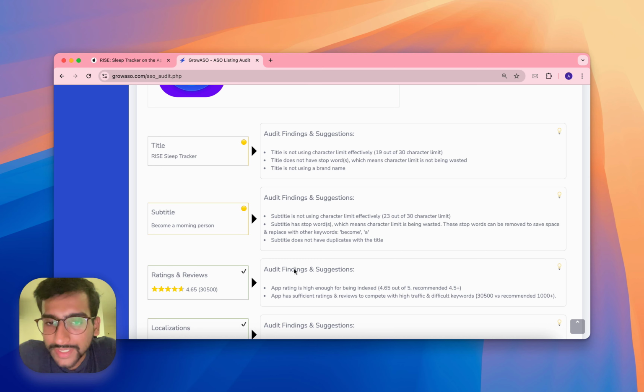While GrowASO does this, let's look at some of the other features that are generally important for ASO. One of the most important things is, of course, the signals that you send to the App Store, and that comprises your product quality. That's also why, in the previous page, I was looking at the user reviews and the summary of the negative reviews that the app got.